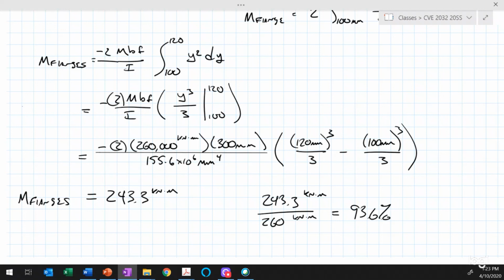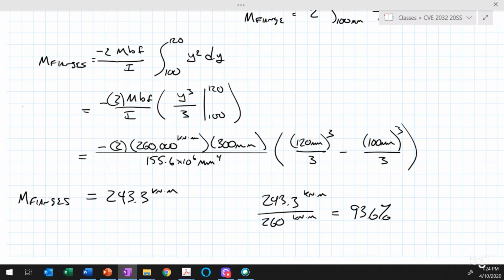It's there to keep the flanges in place, first of all, and later in the semester we'll come back and rework this problem when we're talking about shear, and we'll figure out that the flanges carry most of the bending moment and the web carries most of the shear force. All right, now